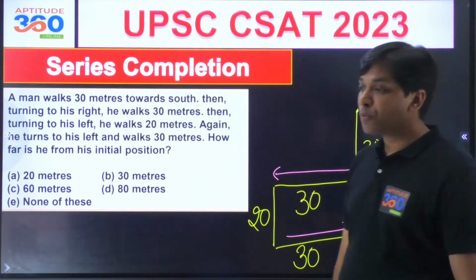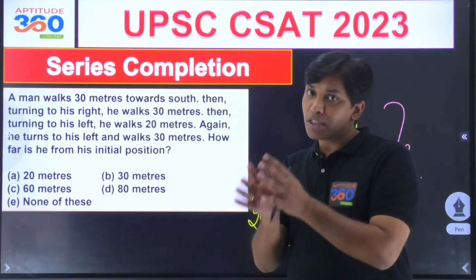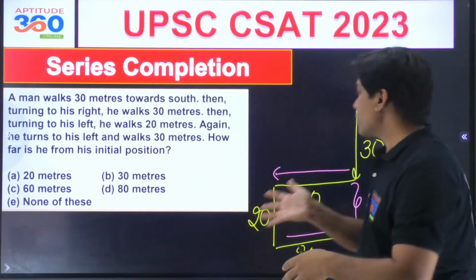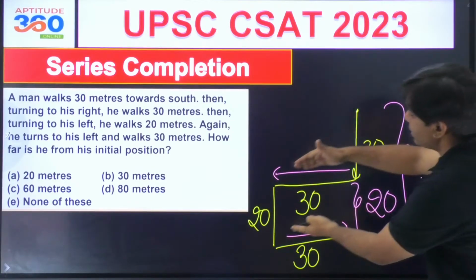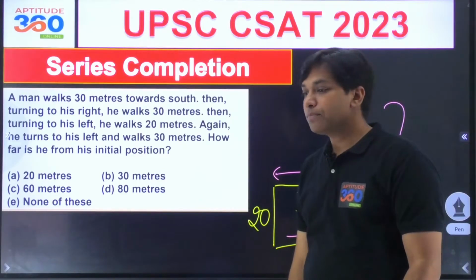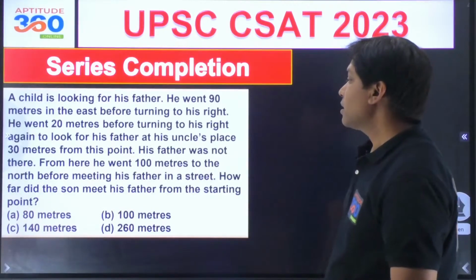So what is it that you should be doing? You should be taking into consideration the total vertical distance. So what is going to be the vertical distance out here? 30 and then 20. So what is this total? 50. Problem is simplified. Is that okay? Good job. Go ahead. Solve this one.